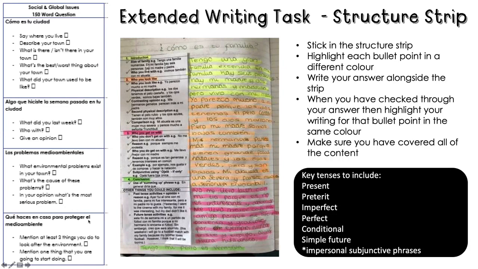And finally, ¿qué haces en casa para proteger el medio ambiente? What do you do at home to protect the environment? Now, here's where you have to use vocabulary from last week, also in Module 8. So mention 3 things that you do. So you can say, at home, I turn off the lights. And how do you do this? So you are going to start a sentence saying, en casa, para proteger el medio ambiente, and then 3 things that you do. Apago las luces, desenchufo los aparatos eléctricos y blah, blah. Yeah, 3 things.